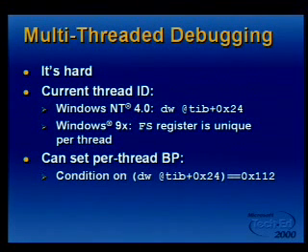And on Windows 9X, we can look at the FS register, and that tells you exactly which thread you are. Although it's not the thread ID in FS, it is a number that is unique to that thread. And this allows you then to set particular thread breakpoints by going to the breakpoints dialog once you've set your breakpoint and setting that condition of, as you see here, DW, which is our small macro for the D word at this address. So the D word at tib plus 0x24 is equal to 0x112 or whatever your current thread